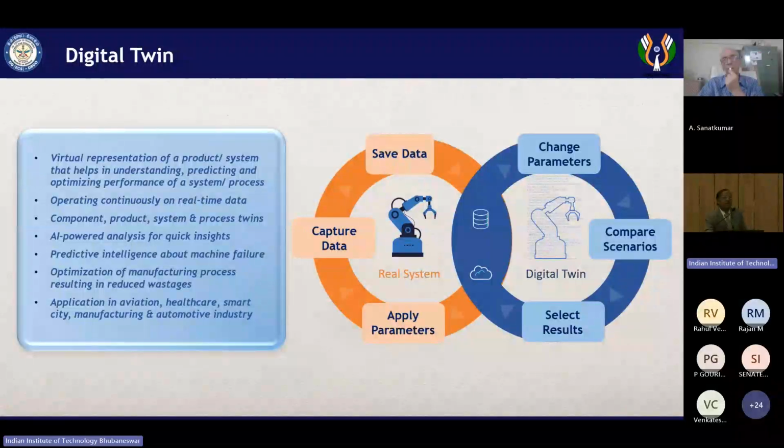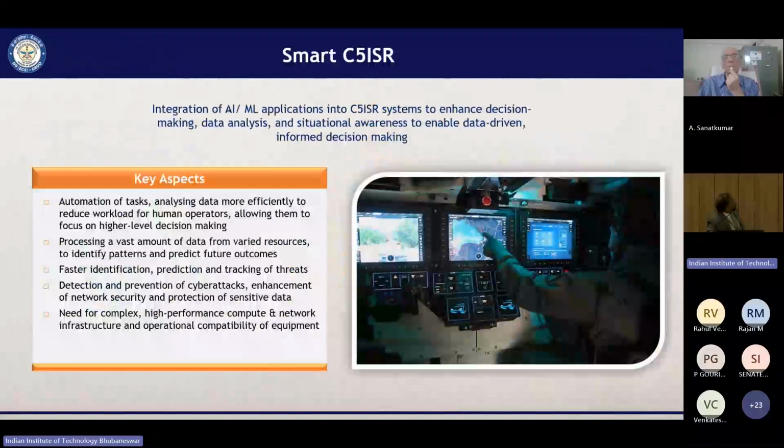Digital twin. This is a very, very important concept. I think most of you might be already working here. Today, if I make a radar, I need a fighter aircraft to prove it. Which country will afford to have so many fighter aircraft to prove so many sensors in the sky? So can we cut down the utilization of fighter aircraft by doing certain strong simulations? That's exactly what is called digital twin. We create a fighter aircraft virtually, put our radars there, do all the testing, qualify the radar. After everything gets ready, we do the actual firing.